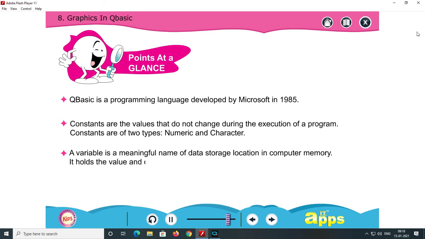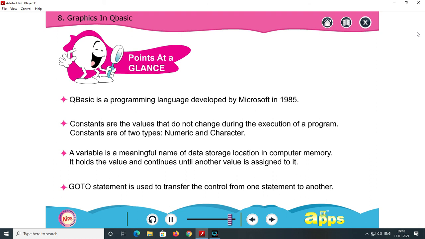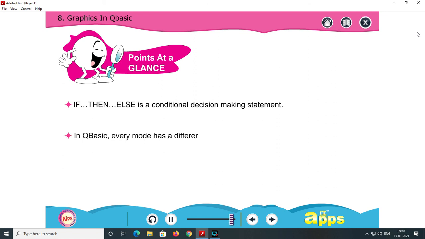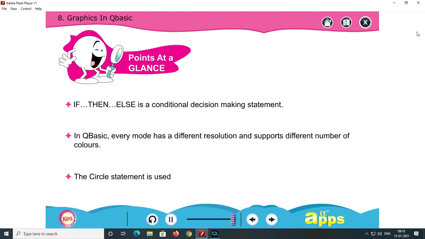It holds the value until another value is assigned to it. GOTO statement is used to transfer the control from one statement to another. IF, THEN, ELSE is a conditional decision-making statement. In QBasic, every mode has a different resolution and supports different number of colors. The CIRCLE statement is used to draw a circle, ellipse, or an arc of a circle.